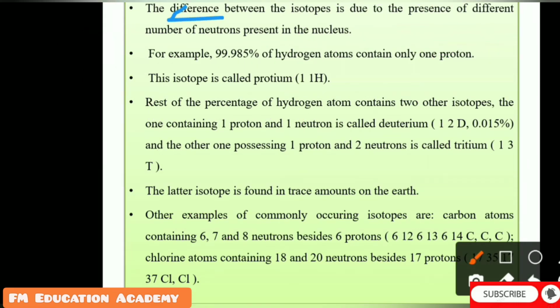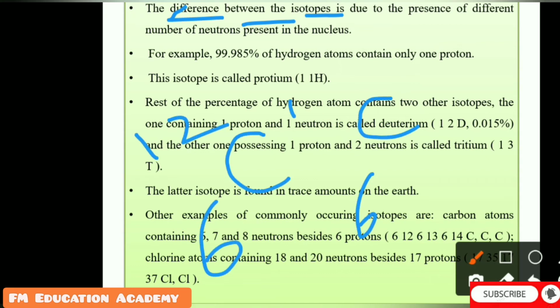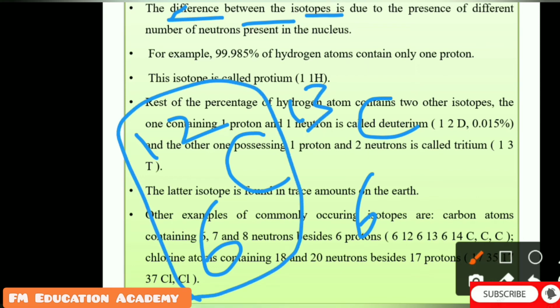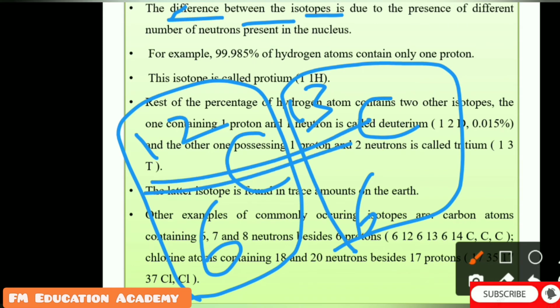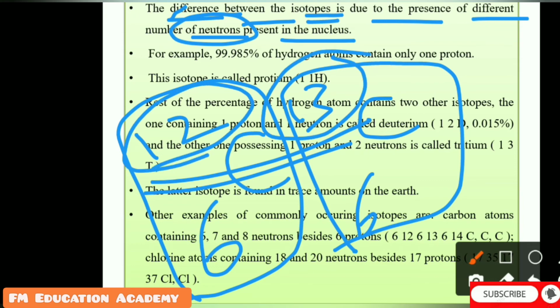One more point regarding isotopes is why there is a difference between isotopes. Why is carbon found as C-12 and also as C-13? Why can't it always be C-12? It can be found as C-13 also. So why is there a difference in isotopes? The difference in isotopes is due to the presence of a different number of neutrons in the nucleus. As the number of neutrons is different, the isotopes will be different. So in case an objective question asks why there is a difference between isotopes, the answer is because of the different number of neutrons present in the nucleus.